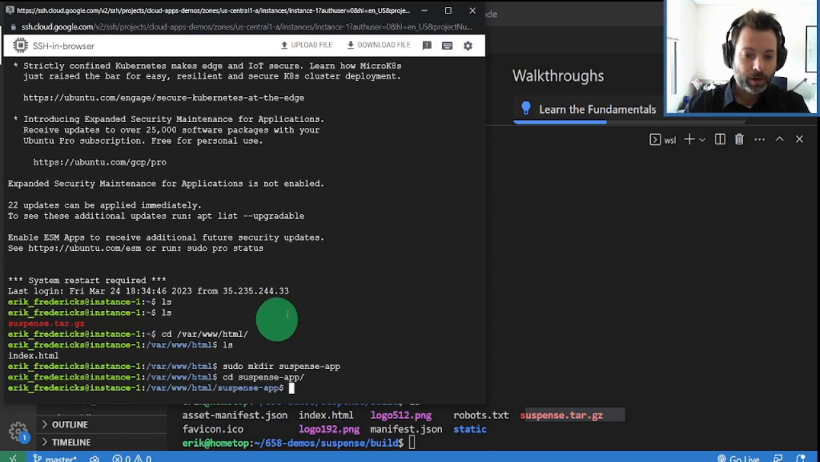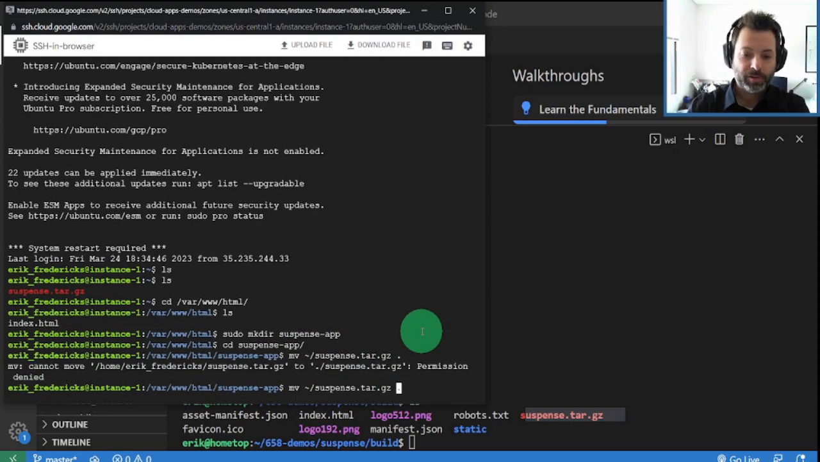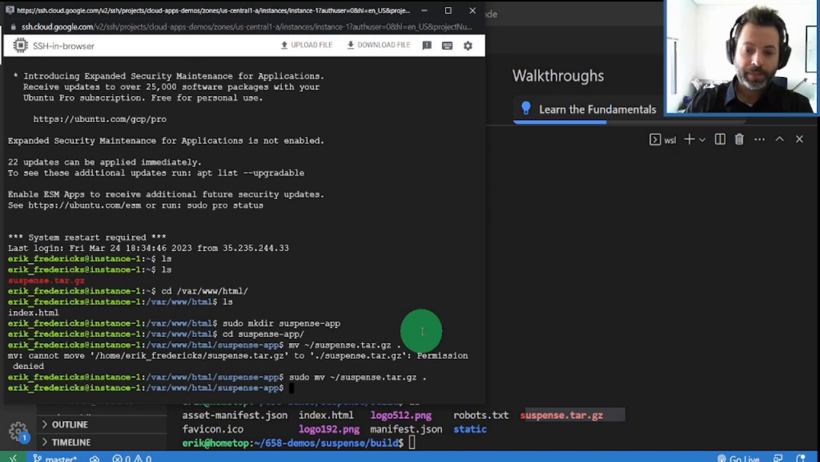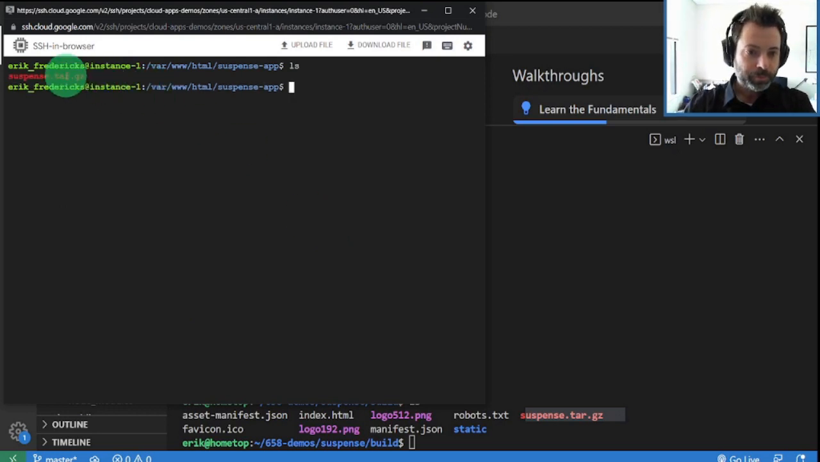All right, so I am now in the suspense app directory. I'm going to go ahead and move my archive to where I currently am. So tilde for my home directory. There's the original file. Here's the current directory. I forgot I have to sudo this because we are in the HTML directory and I did not update the permissions on this machine. Okay, so if I ls now, here's my file,